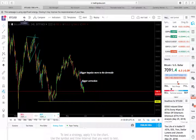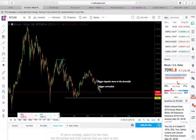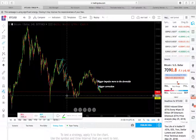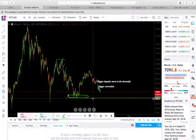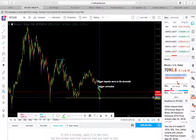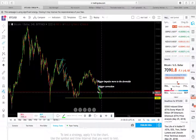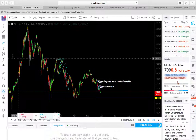So I'm starting on the higher time frame, which is the 4 hour here. As you guys can see, it is approaching a rather important area of support down here, right, guys? It's not there yet. We still have some room here. So what I've been doing is I've been selling because, as you can see up top of here,